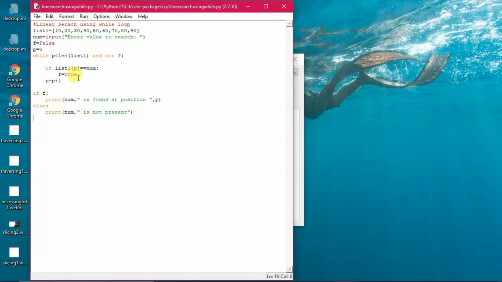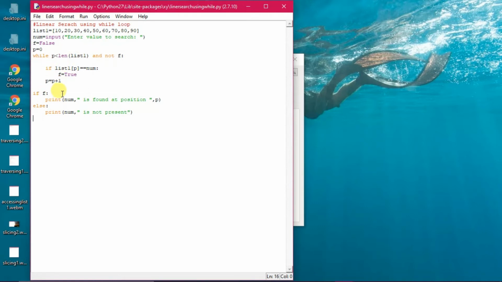We have not used any break statement, we can use the break statement also. And in that case p will increase its value. So p equals p plus 1 is for the execution of the loop, that is outside, in the loop only, and f will become true. Suppose it happens 2 or 3 times, nothing else will happen, f will stay true. So when the loop is over with its execution, it will come out,